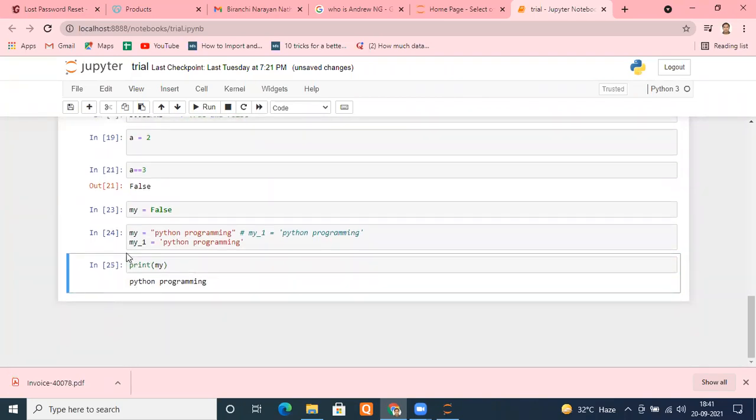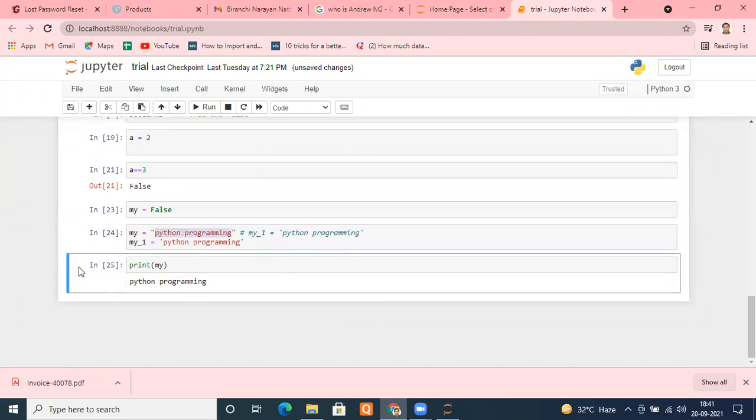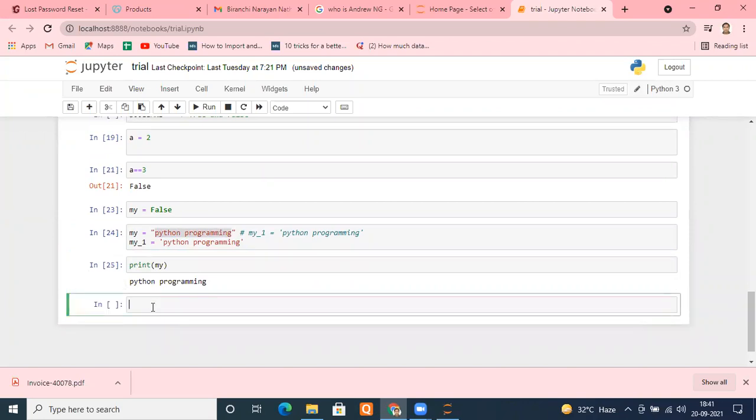So it displayed what my is holding. My is holding Python program. Next, beside that, I want to write a string, a text. Whenever I'm writing text or a string, remember, I'll put single quotes or double quotes.